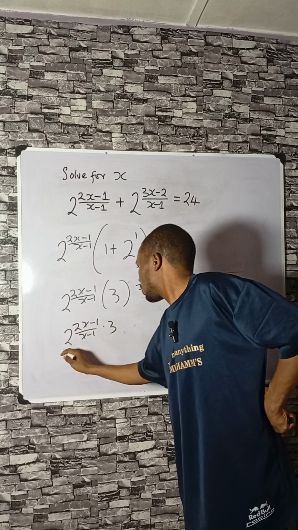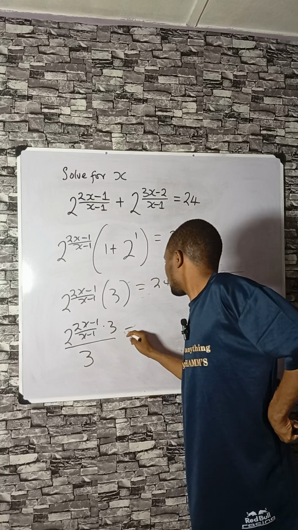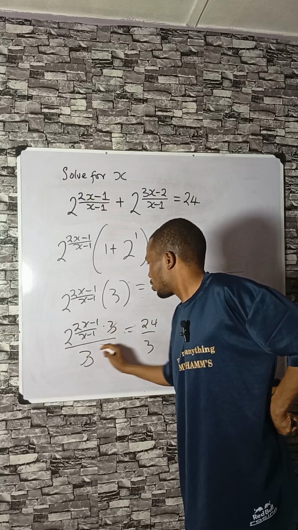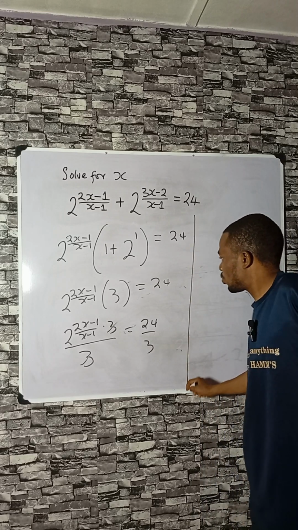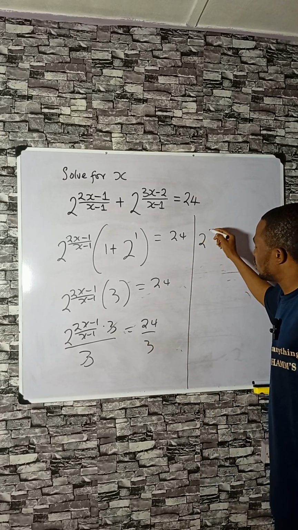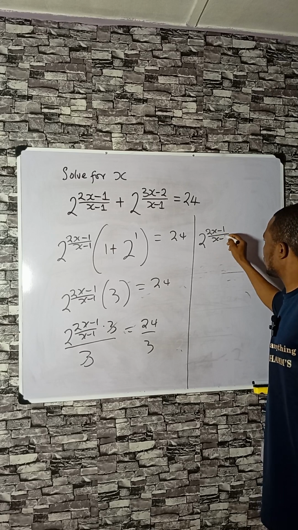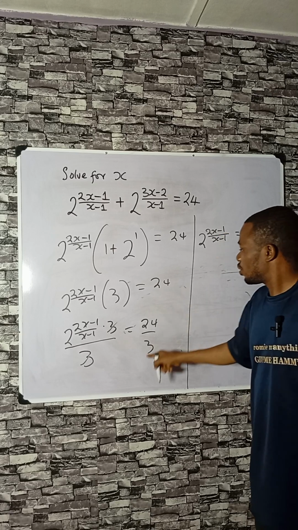Times 3 is 3 divided by 3. Then 24 divided by 3. This can take care of this. So we have 2 raised to power 2x minus 1 divided by this equal to 24 divided by 3 is